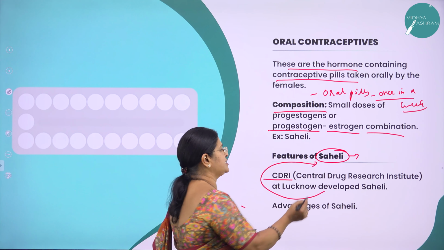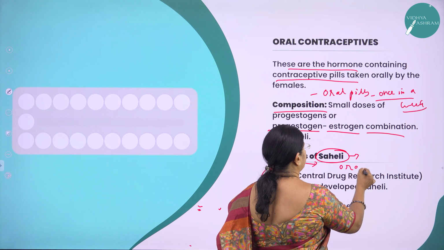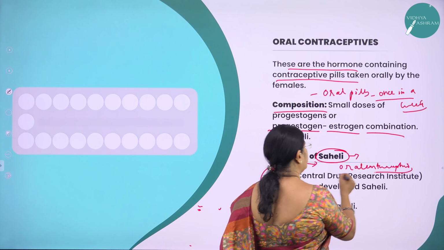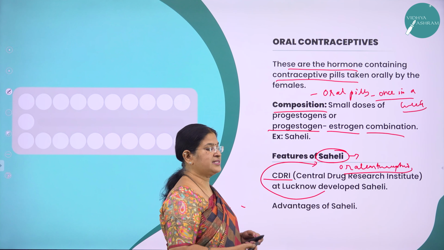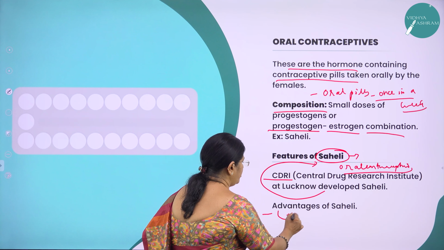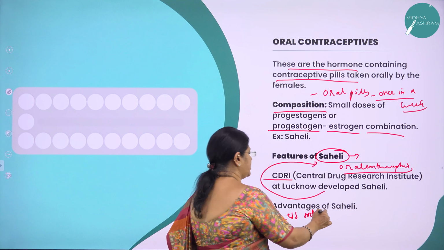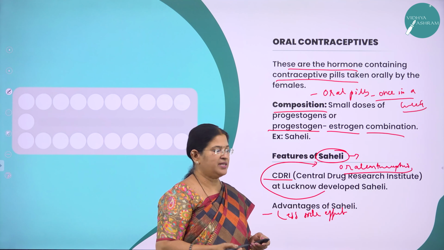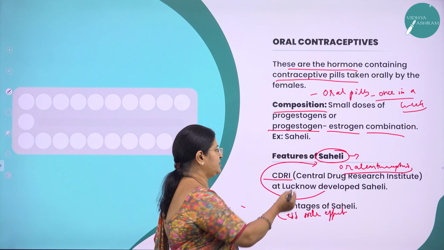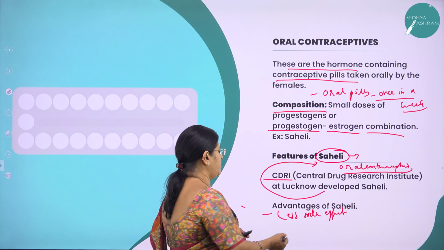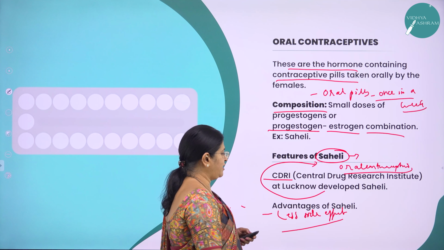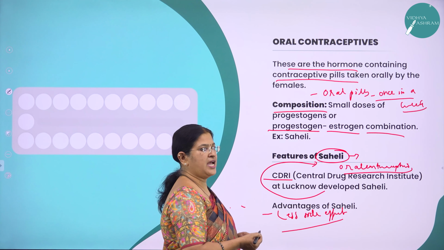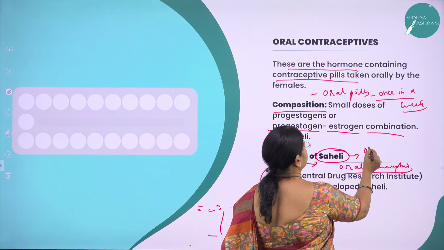So, what is Saheli? Saheli is nothing but an oral contraceptive. It can be taken as a pill. It is more effective and has fewer side effects. Sometimes when we take some medicines, they may have side effects, but this oral pill called Saheli will have no or less side effects, while its functioning is more effective, and it has to be taken once a week.